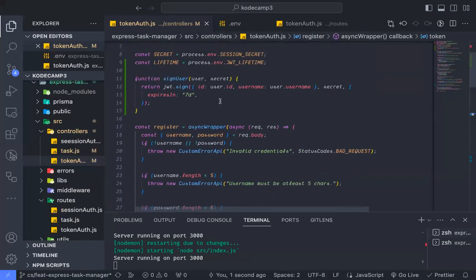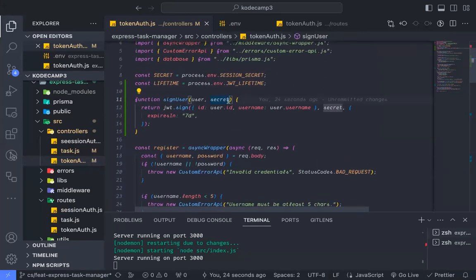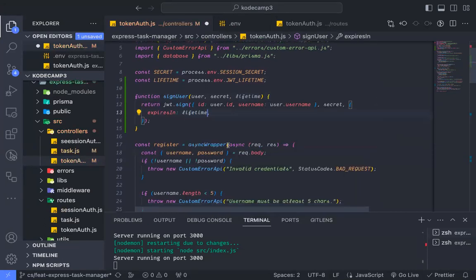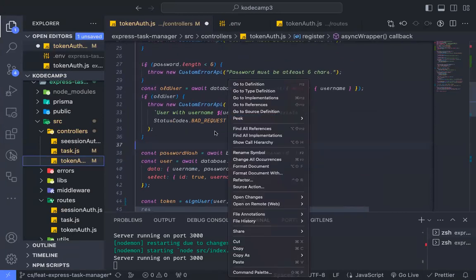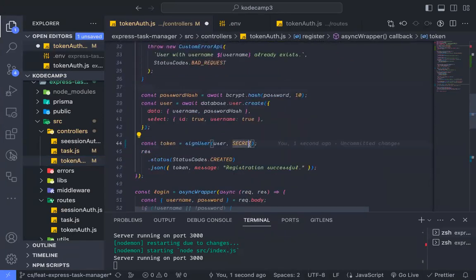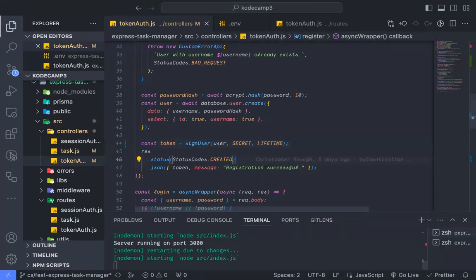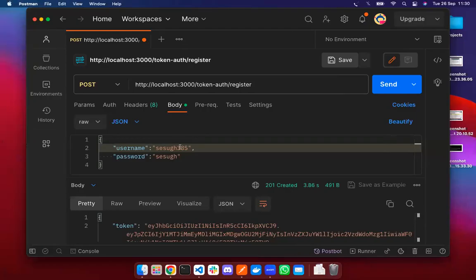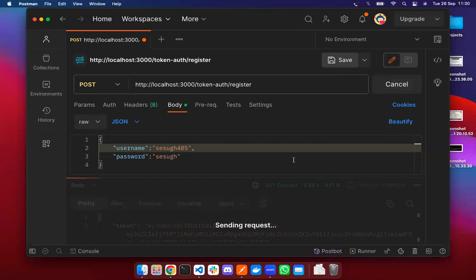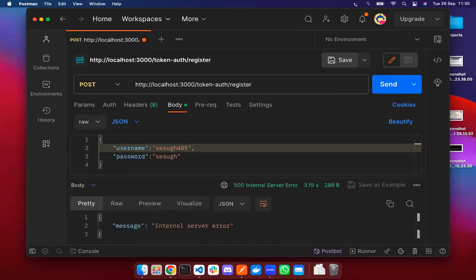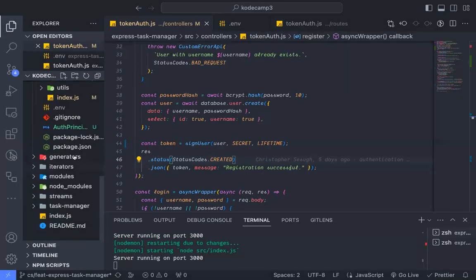Definitely, it may be this lifetime thing. Lifetime, and then expires in the lifetime, like so. And then let's pass in our lifetime. Come down here, I'll change this to 4, and then make this request again. I get a kablooey. We're going to change that to, okay, let's change this to